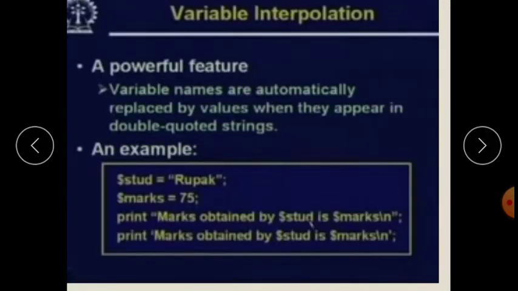Now, variable interpolation, a powerful feature in the Perl language. Variable names are automatically replaced by values when they appear in double quoted strings.